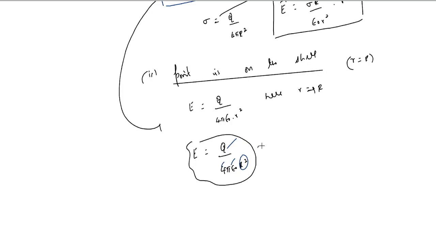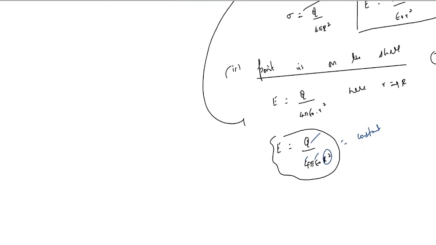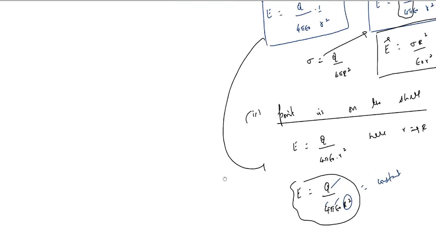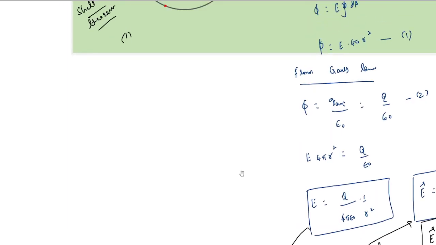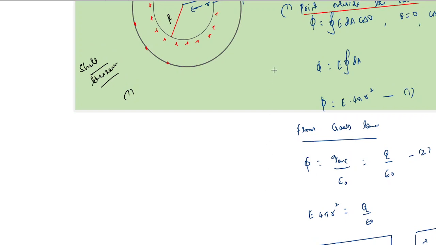So this value would be a constant. So on the surface, or very close to the surface, the value of E would be a constant. And we'll take a third point where we need to find the value of electric field somewhere inside the spherical shell. So the third case is,